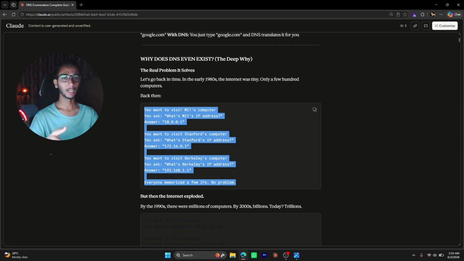We ask what's MIT's IP address, and we get the IP address. Now if you want to visit Stanford's computer, we ask what's the IP of that, and we get that. Okay, same is the case for the others, because these were a few computers and everyone could easily memorize them. There was not any problem.